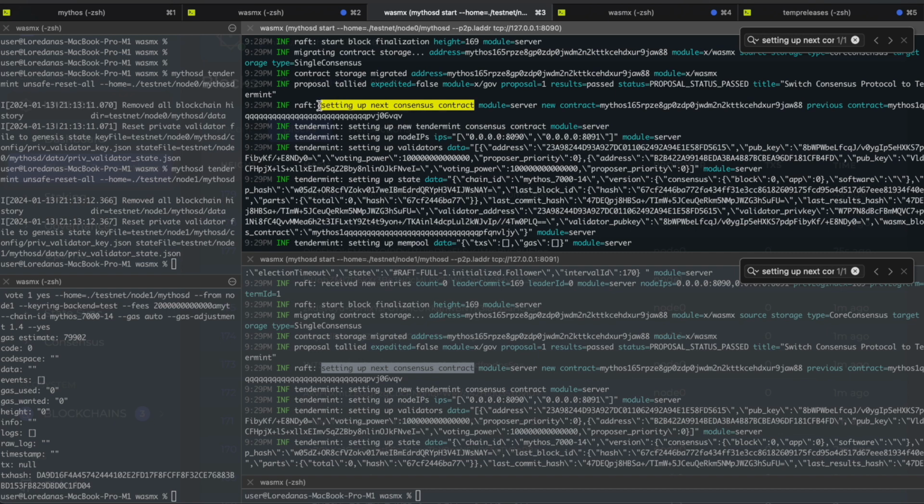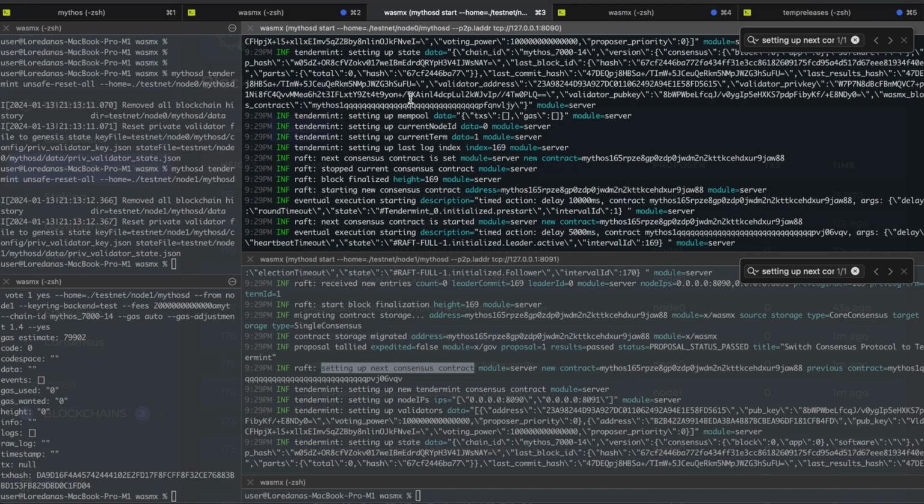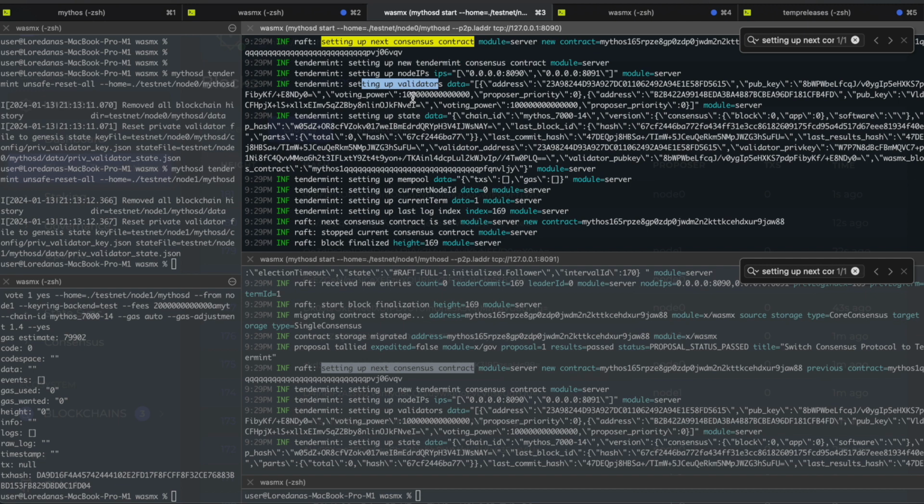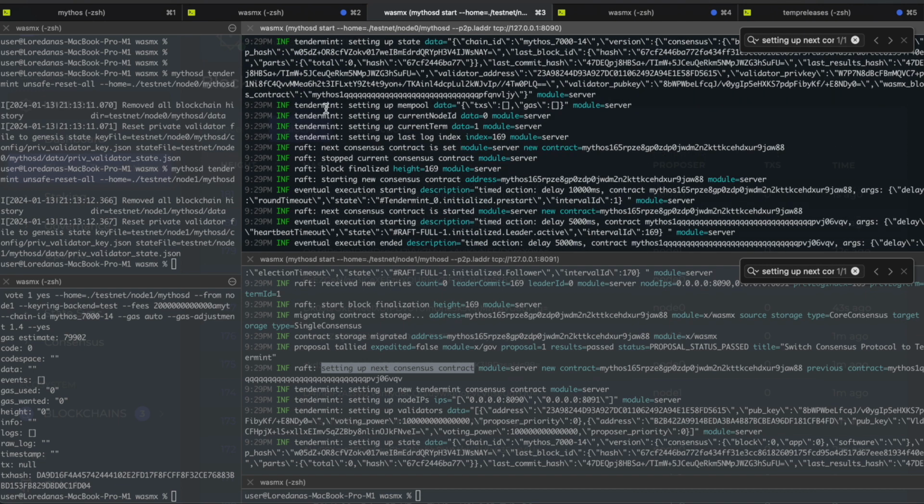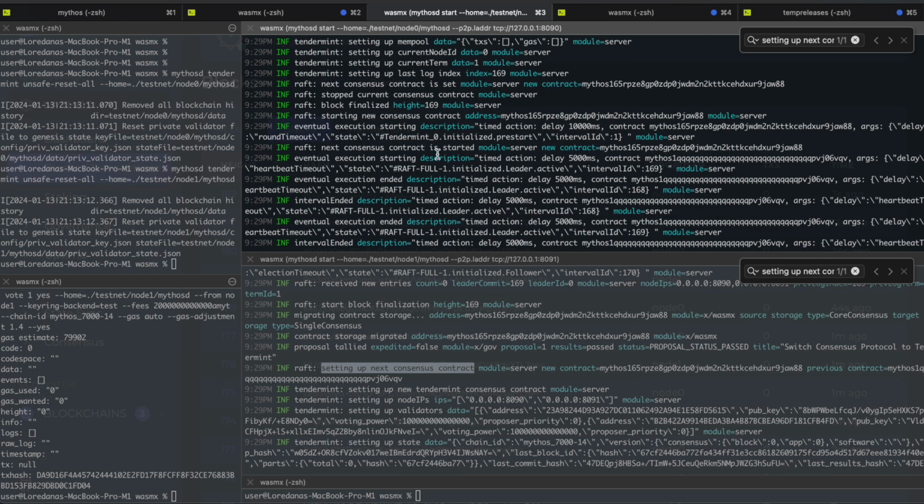After we migrate that storage, the governance module finalizes the proposal, and then after the block is finalized, the current consensus, which is RAFT, has detected that there was a consensus change because it looked in the block events. So now it is setting up the new consensus contract at this address, and the previous contract was at this address. And it copies over some of the data that the new consensus contract needs, like node IPs, validator data, and mempool data if there is any, and so on.